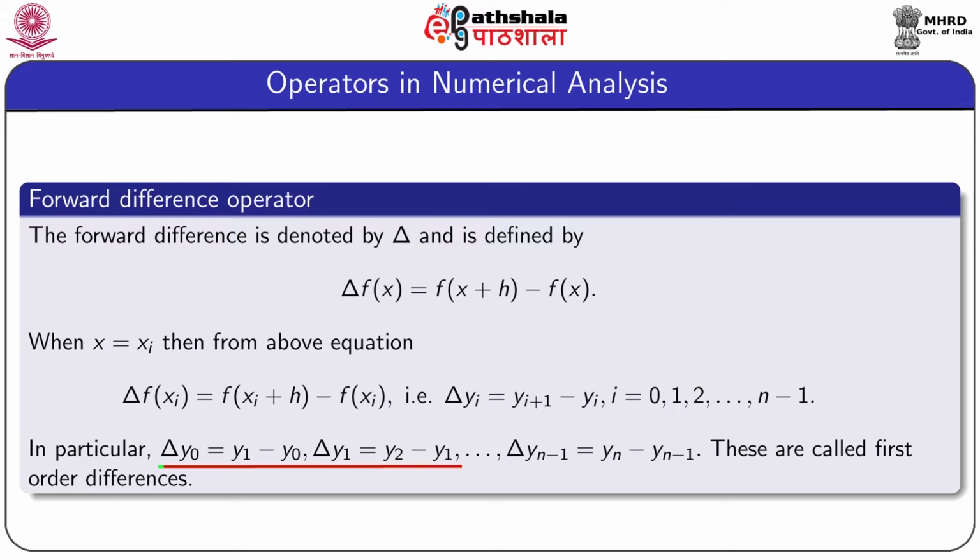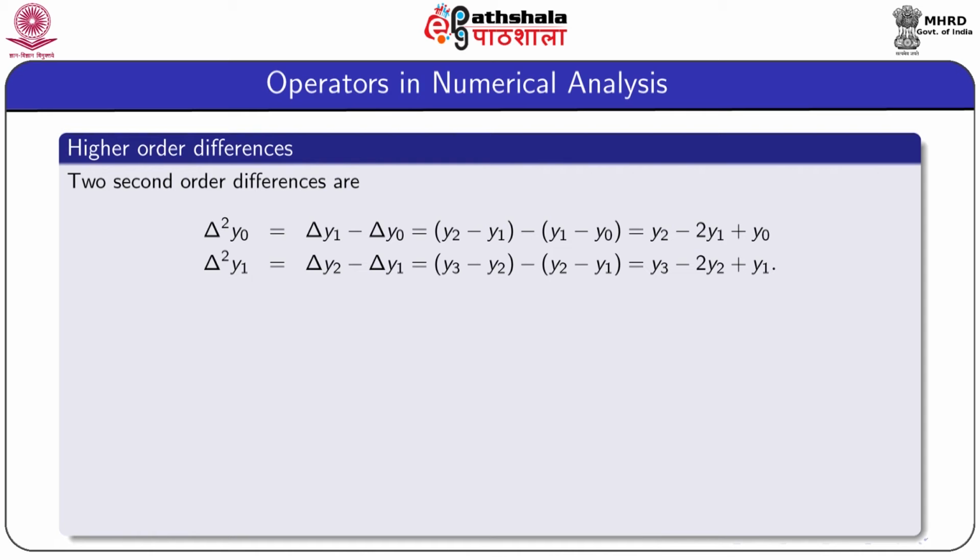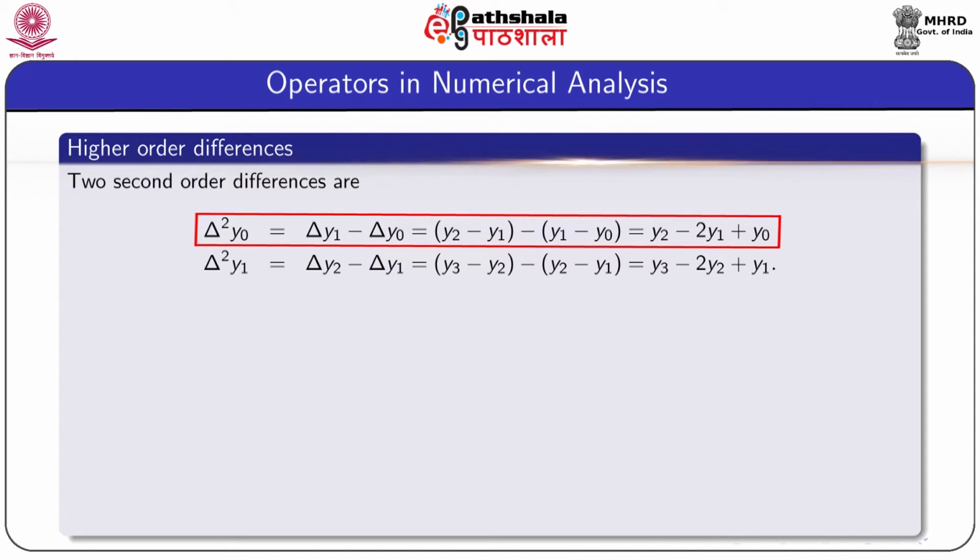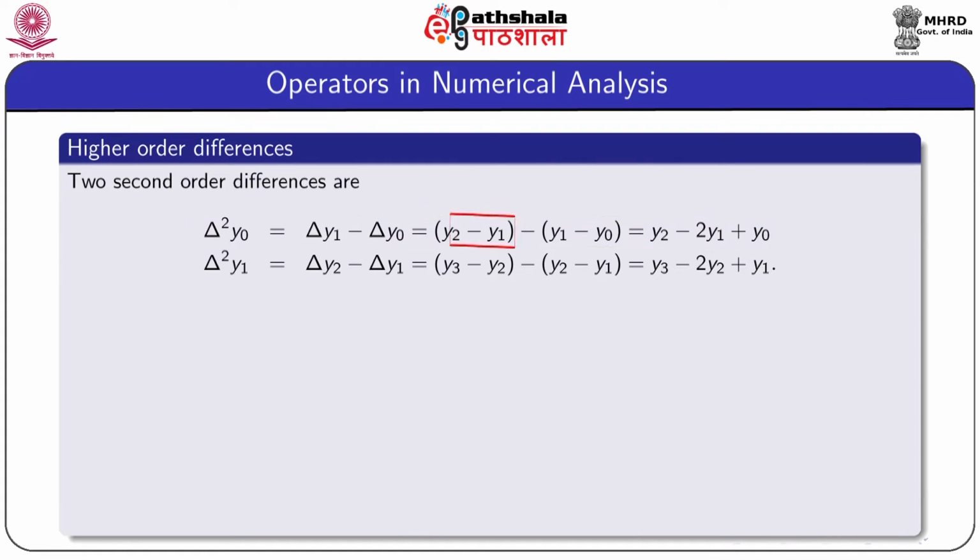In particular, delta y_0 equal to y_1 minus y_0, delta y_1 equal to y_2 minus y_1, and so on. These are called the first order differences. Similarly, the second order differences are obtained by delta squared y_0 equal to delta y_1 minus delta y_0, that means by taking the first difference of y_1 and y_0, and after simplification this becomes y_2 minus 2 y_1 plus y_0. Similarly, delta squared y_1 equal to y_3 minus 2 y_2 plus y_1,